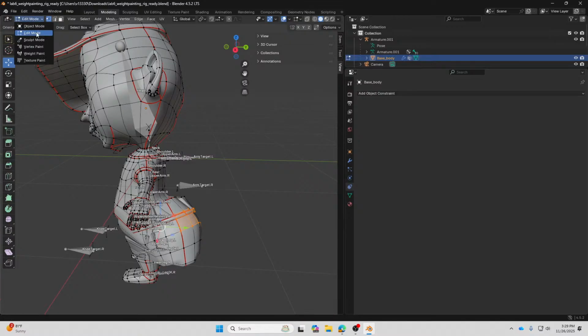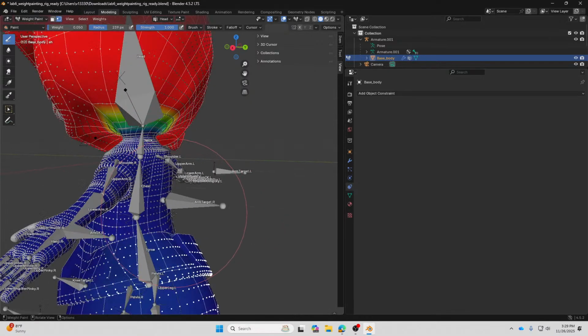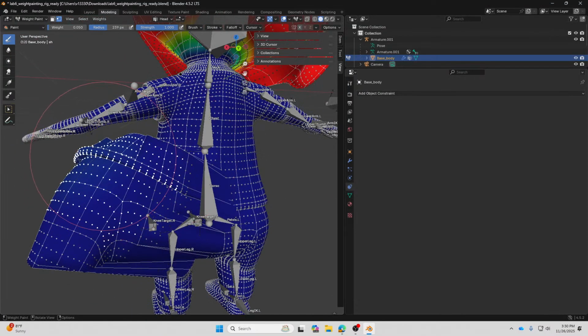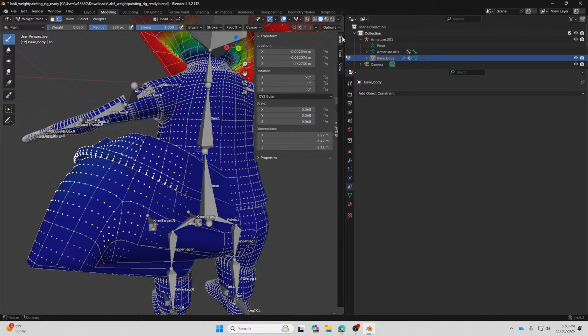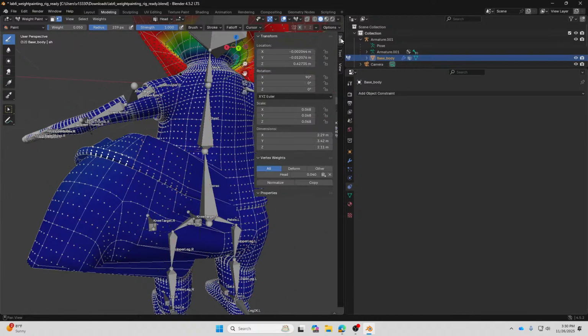and then you switch to weight paint and click on the vertex selections. You should be able to see the selection of the geometry over here, and on the item tab over here, you should be able to see a vertex weight menu.